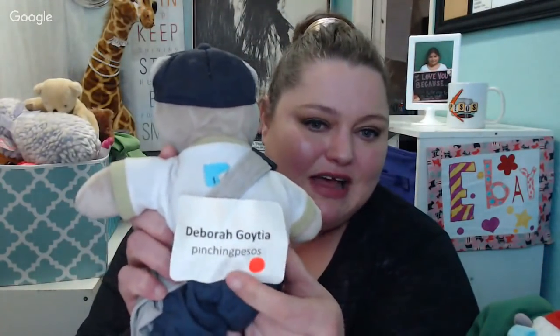So at the Salvation Army that used to be by my house, I bought this Austin barista bear. You can see I had him signed by Griff whenever Griff came to Austin for eBay in person. So I had Griff sign him. He kind of became my little eBay mascot. It has my name tag from when I went to the eBay event, and it still even has its price tag on it. Paid 99 cents for it. And the reason why I made him a mascot, he's from 2008,